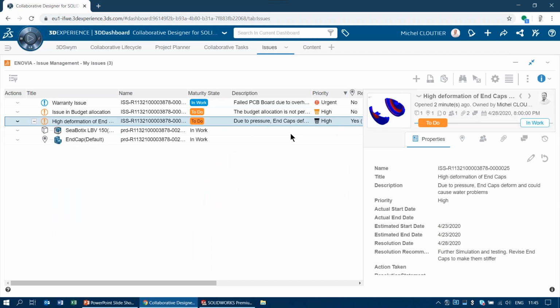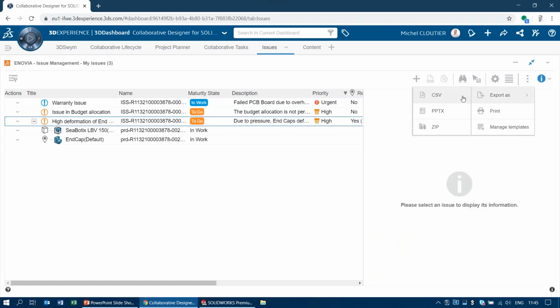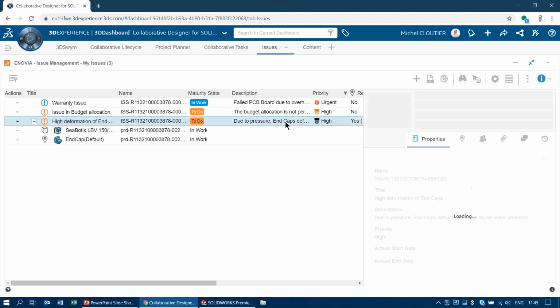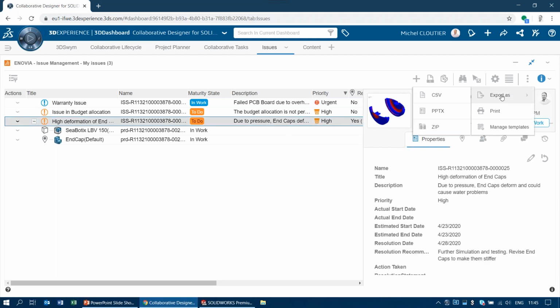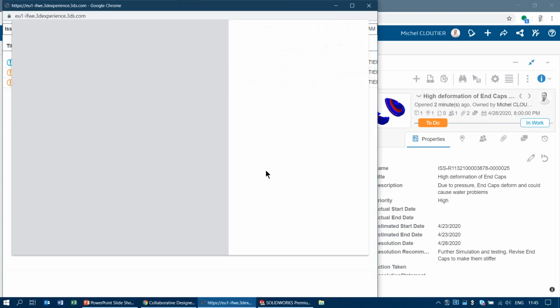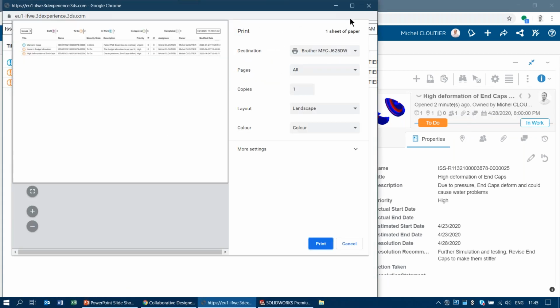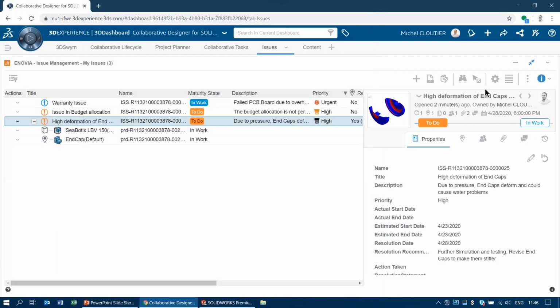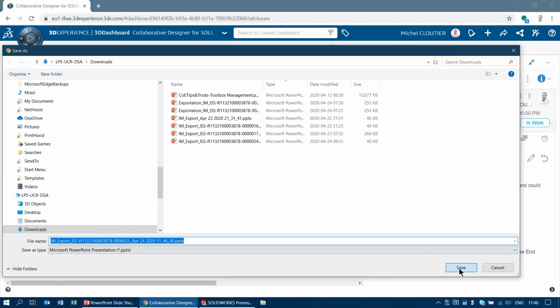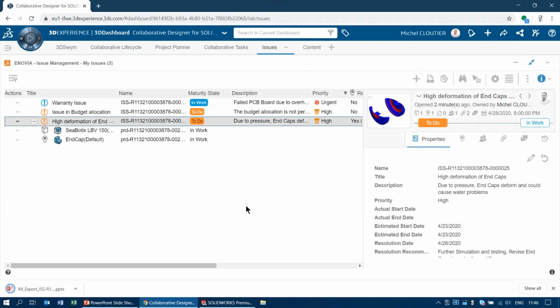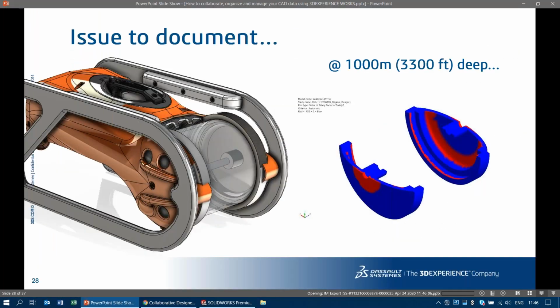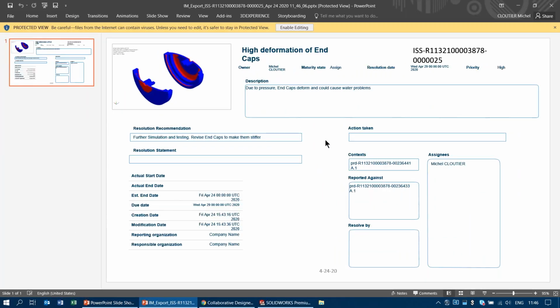But the other thing, once I have my issues here, is that I can now create reports. I can export all my issues. I could also select one if I have something. If I want to print, I can do it right from here. So I could print my issues like this, or I could select it and also create a document out of it, a PowerPoint document in this case. So if I want to track this in a more formal manner, I have a nice PowerPoint document now that I can open with